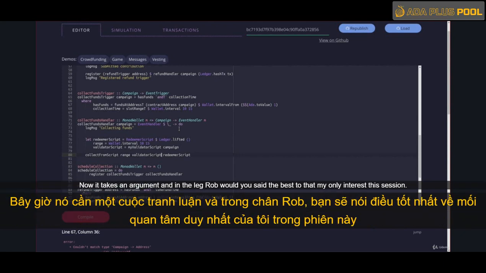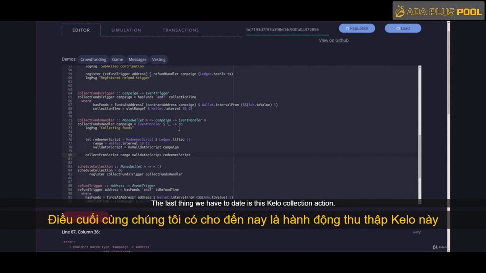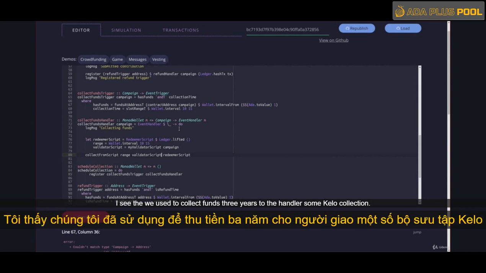Now it takes an argument, and in the let block we use it to pass to the my validator script expression. We bind the result to the validator script and use that value in the collect from script function call. Okay, the last thing we have to update is the schedule collection action, as it registers the collect funds trigger to the handler. So in schedule collection here,